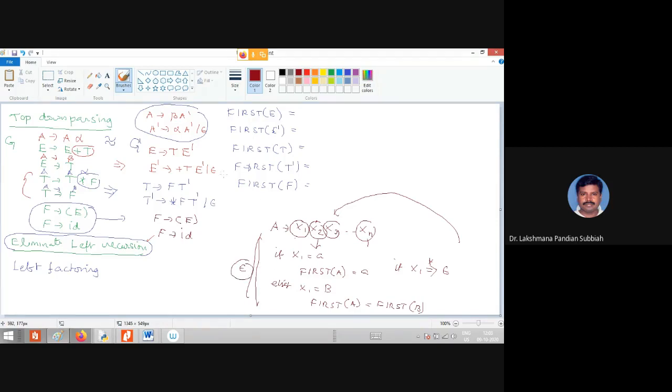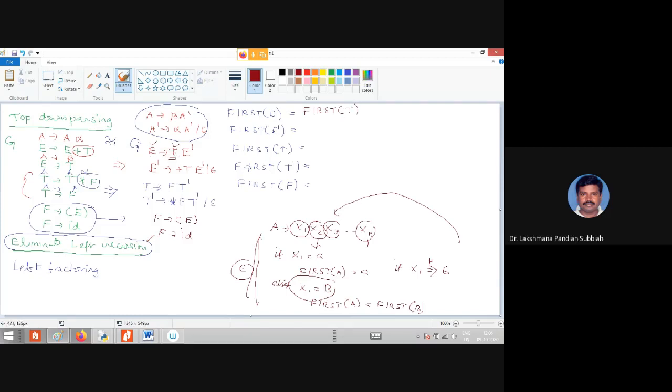Now you consider here we are having E derives T. So E derives T means here the first symbol is a non-terminal. This x1 is a non-terminal. So what we have to write is first of E equal to first of T, right?